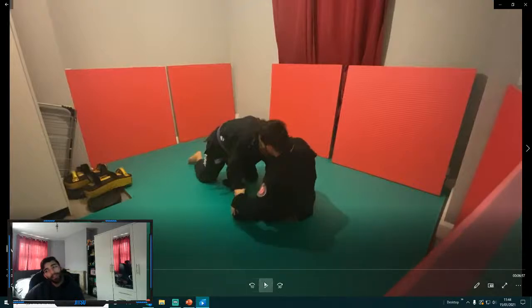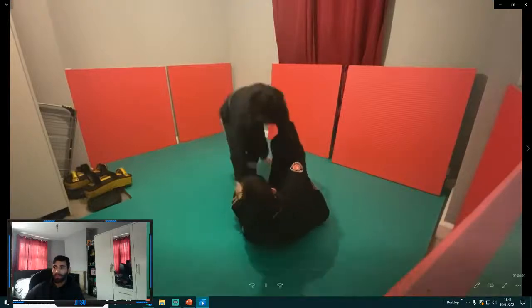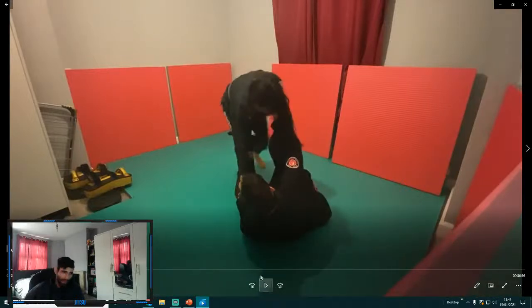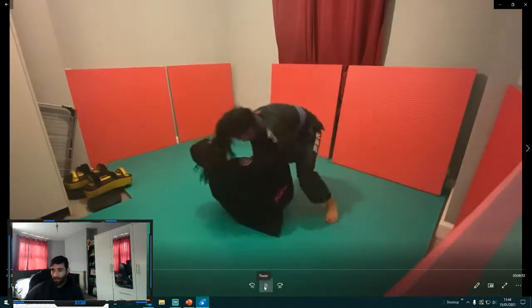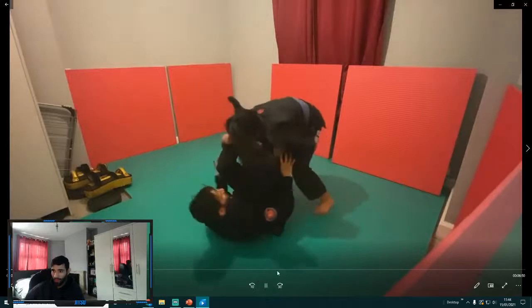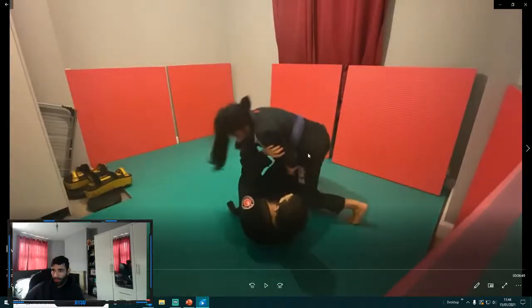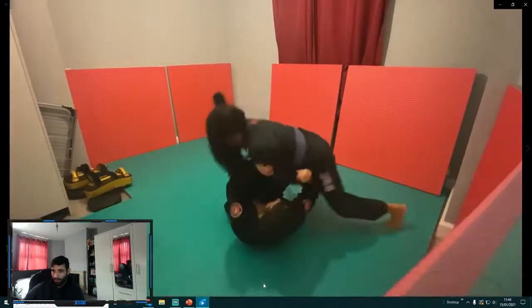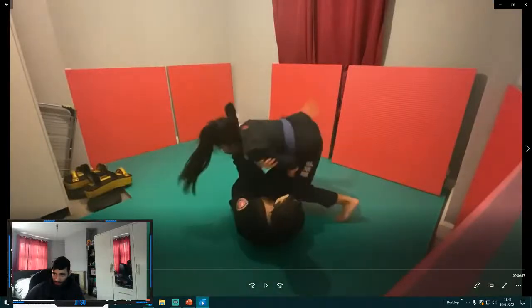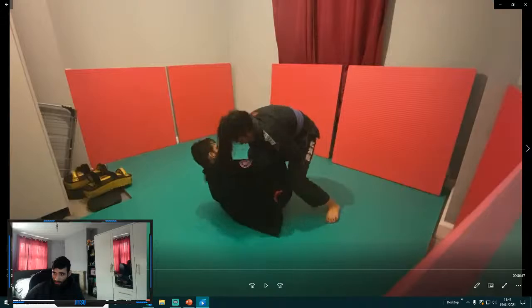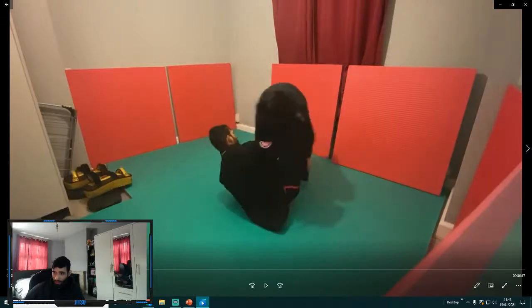So now she's on top. I've been teaching a lot of passing the last two days. Here I'm trying to get the De La Riva. She steps over my leg, does a kind of long step scenario. Now she did something really good here, which you guys missed. I don't know if you can see from this angle, but